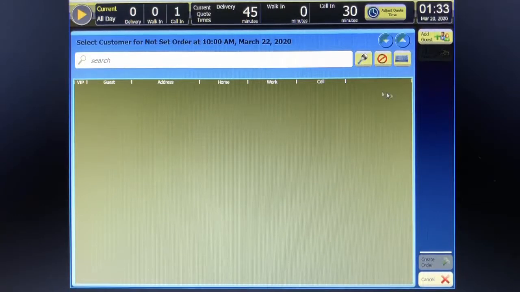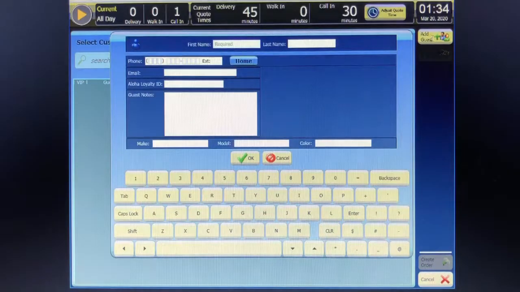Now we must select a customer to set the order for, so we can choose here to enter customer information, or we may need to enter a new customer. So this time we're going to add a new guest. This is great because we get to enter a lot of customer information here. So this is going to be our customer. His name is Justin Time. So first name Justin, last name Time, phone number,